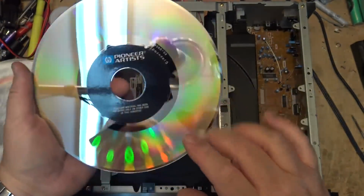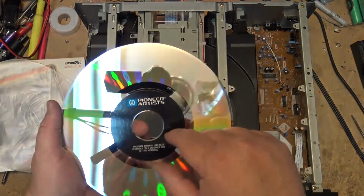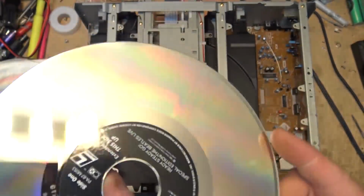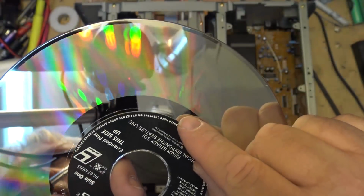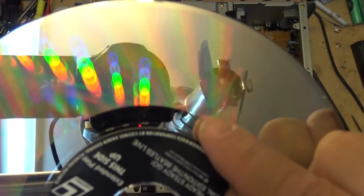And in this case, they only recorded on one side. So this is actually the side that's got the program information on it. This side here, if you look at this, you can see this has got CAV encoding on it, and it just has a message that says there's nothing recorded on this side of the disc, but you can see the CAV tracks. Here's your sync pulses, your sync pulse and the burst,